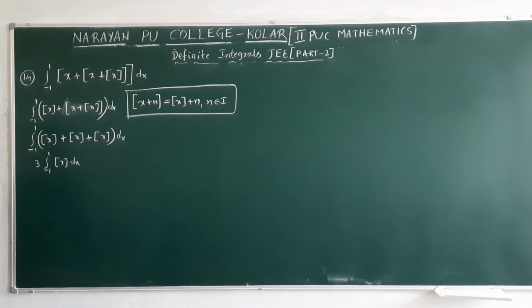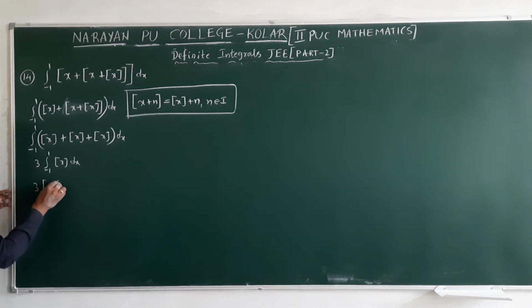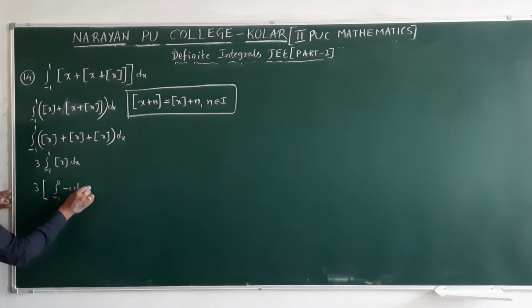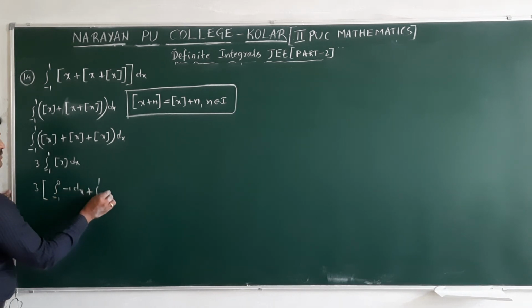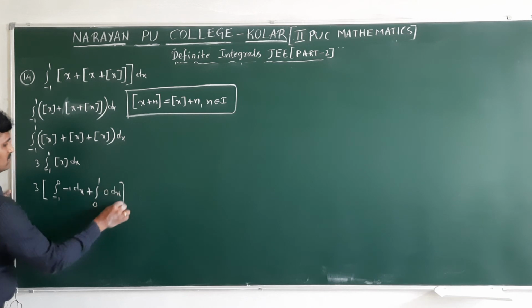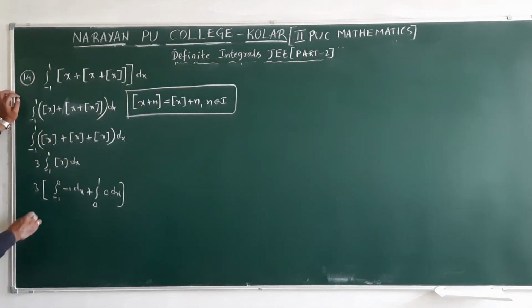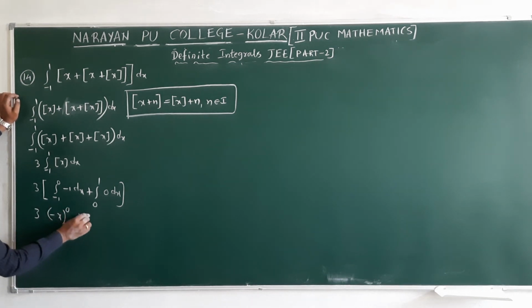But from minus 1 to plus 1, directly the step x value is not the same. We have to split this function curve. From minus 1 to 0, the step x value is minus 1. From 0 to 1, this value becomes 0. So here 3 times the integral of minus x, minus 1 to 0. The second value is already 0, so leave it.